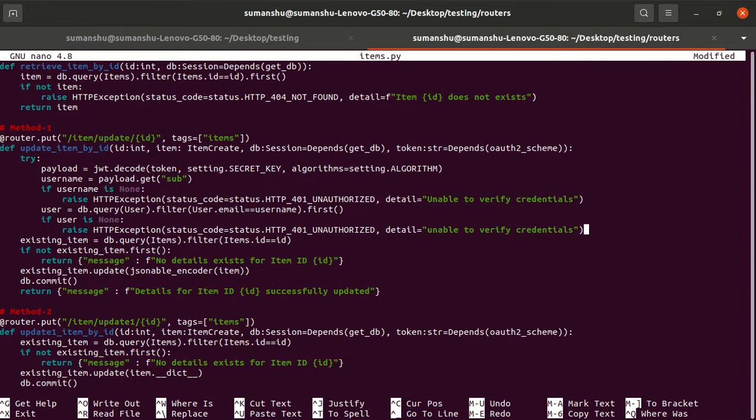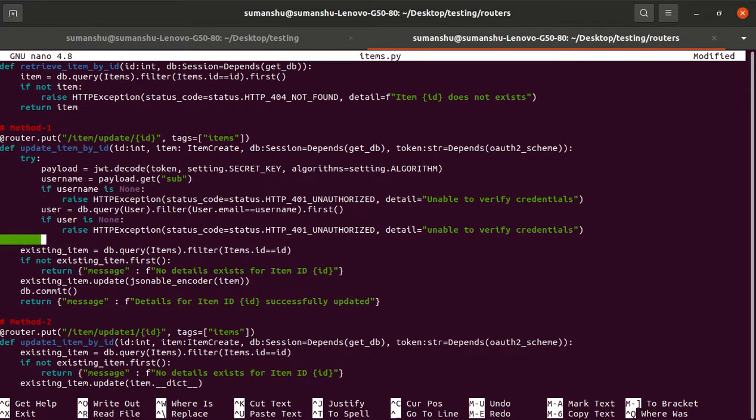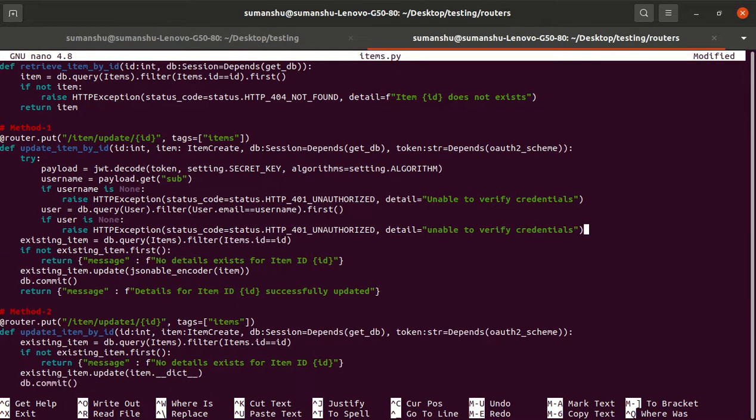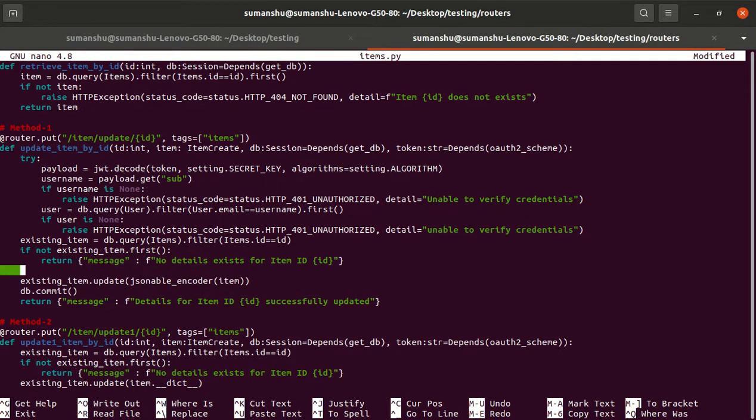Fine. Otherwise, we will get the owner. What we will check is whether the item which the user is trying to modify exists or not. If it does not exist, then we will mention that the item doesn't exist.